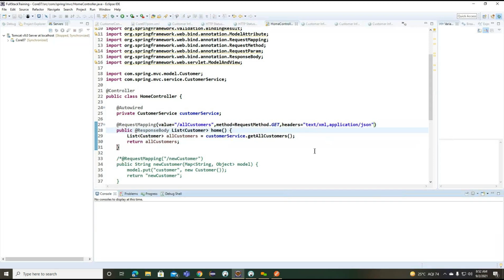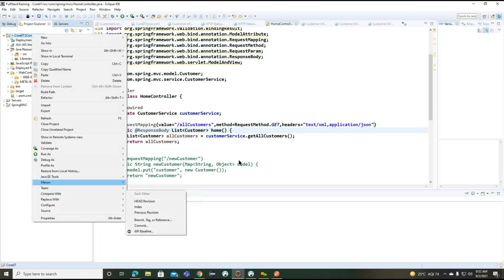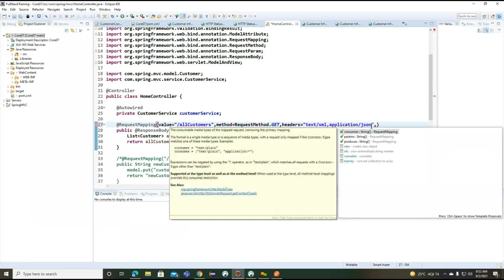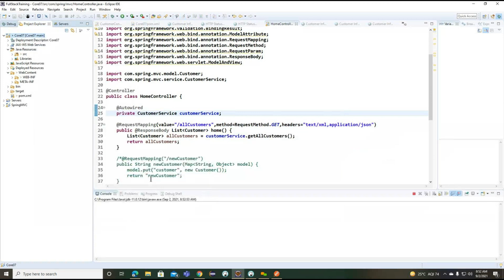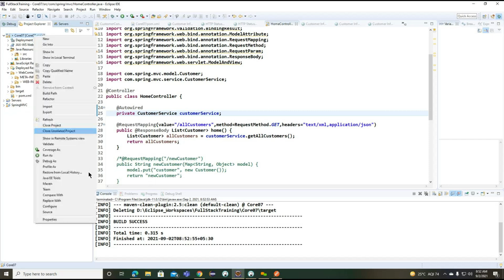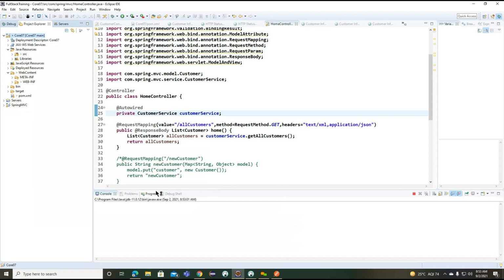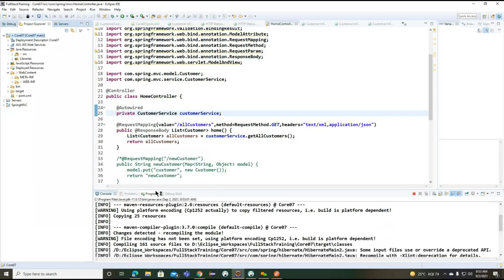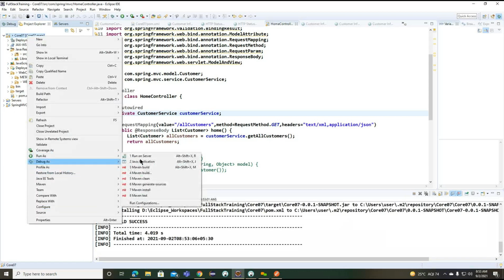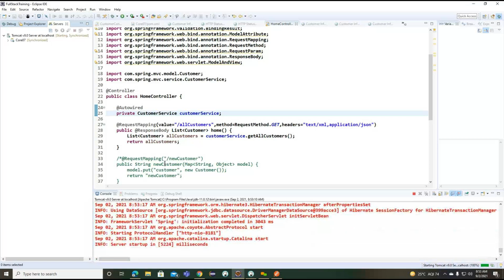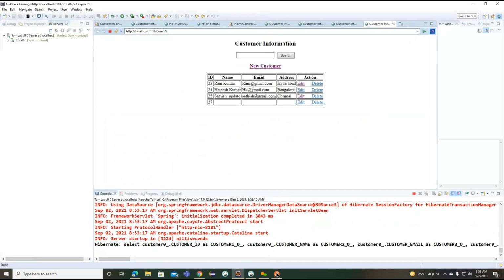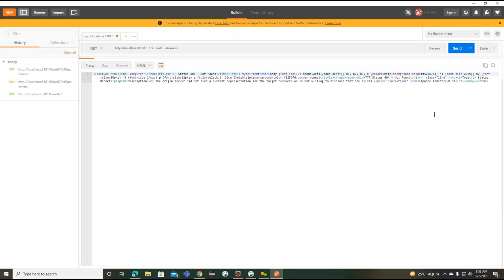Application.json. Current producer. Okay. Four zero four.